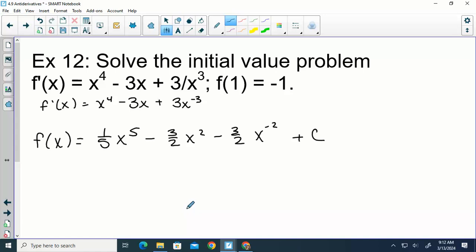Right. But now I have given you the information you need to find c. I told you that f of 1 is equal to negative 1. So if we go to this and we plug in a 1 for all of our x's, we get 1/5 minus 3 halves minus 3 halves plus c, and this has to equal negative 1. All right, so this would be 1/5 minus 3. So we get